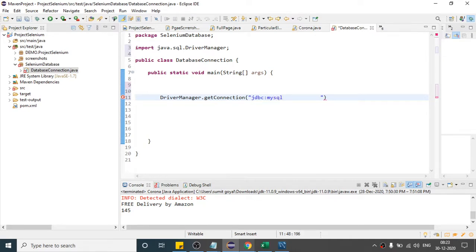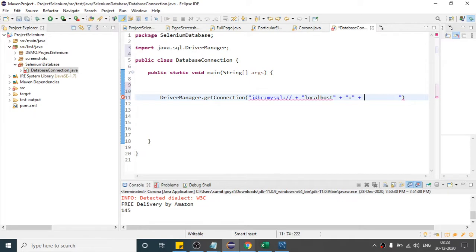After that, you have to provide one colon, double slash, and after that, provide the concatenation sign plus, and as we are working on our local machine, that will be our localhost, right? Localhost means local machine. So this is one format you have to write. This is how it is expecting. So we are working on localhost, and after that you have to again provide plus sign, and after that provide colon in double quotes, and after that it will ask you for the port number that will help in connecting with our database.